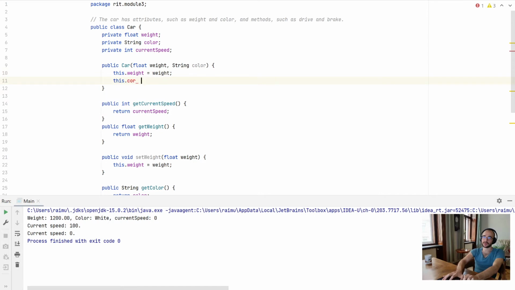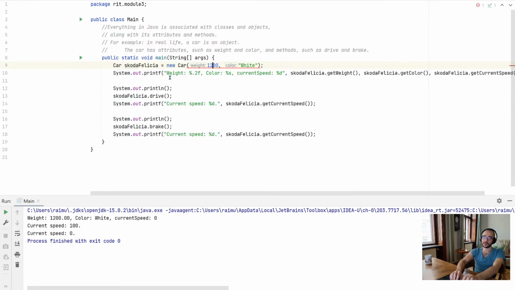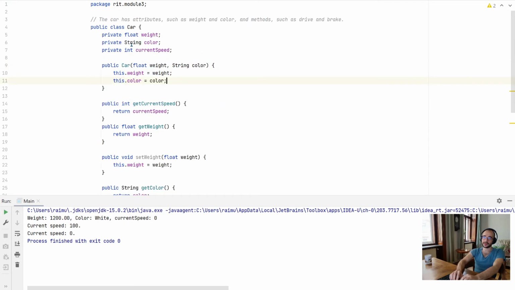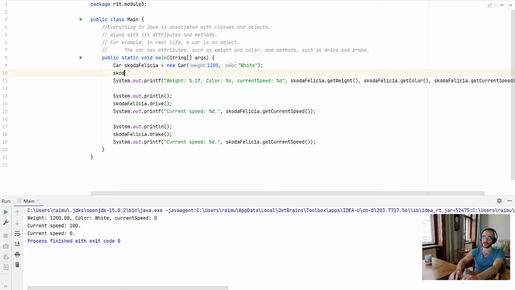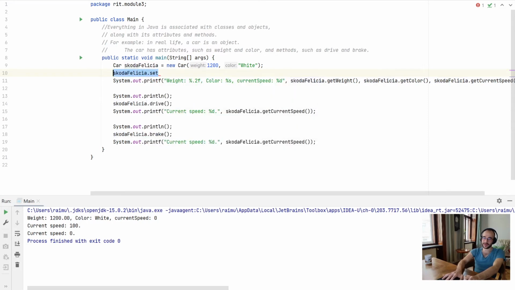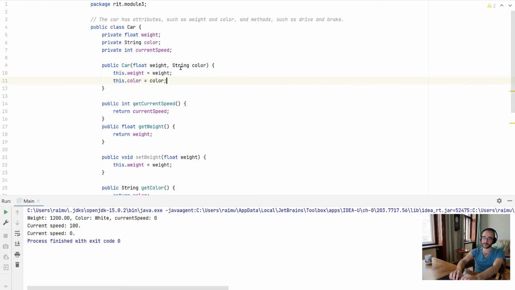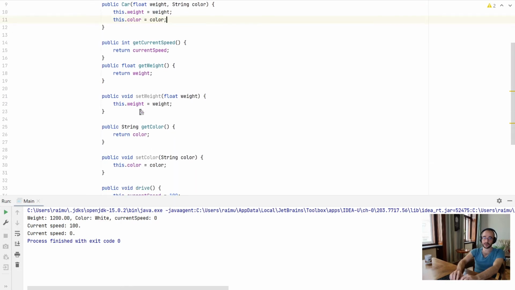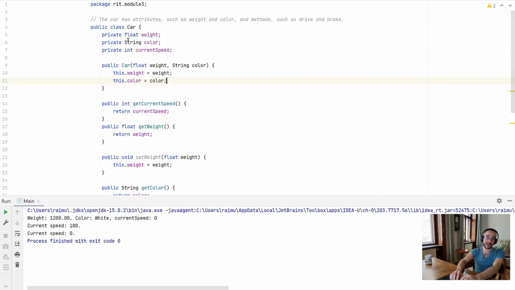Distance color equals color, the argument we passed. So what did we do? Now we created a constructor with two arguments, weight and color. And now we are not using the setters outside to set the color and the height. We pass it through the constructor. And inside the class, we don't have to use these setters because we have access to our private attributes,